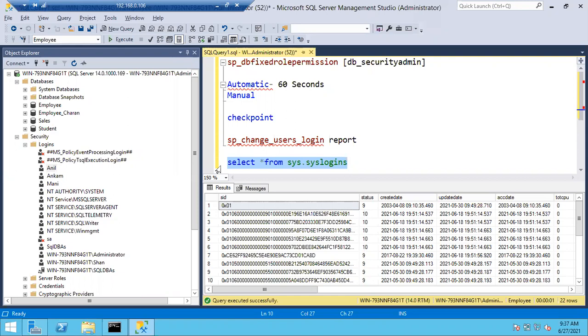The Anil login and Anil user will have the same SID, as we discussed earlier while creating the logins.